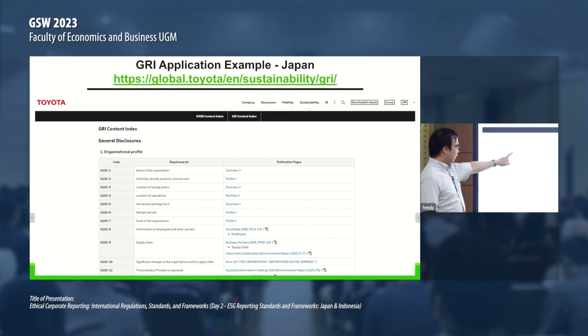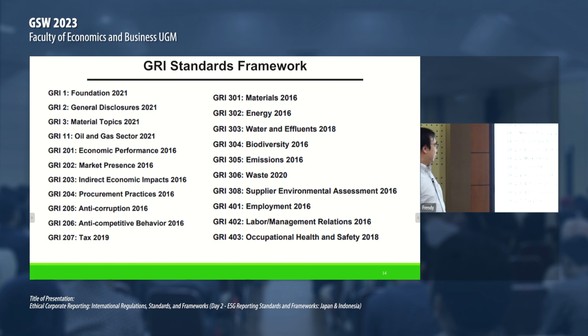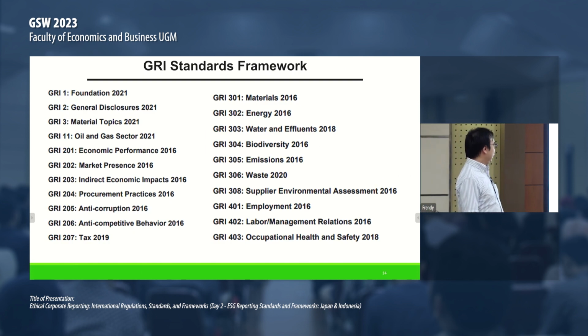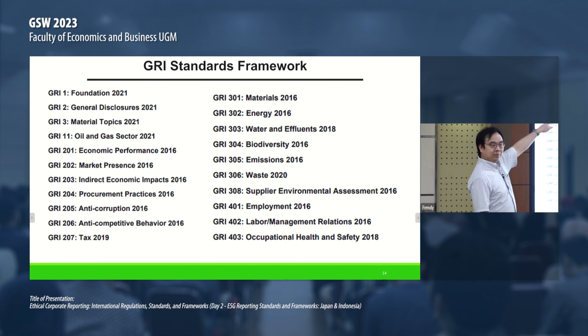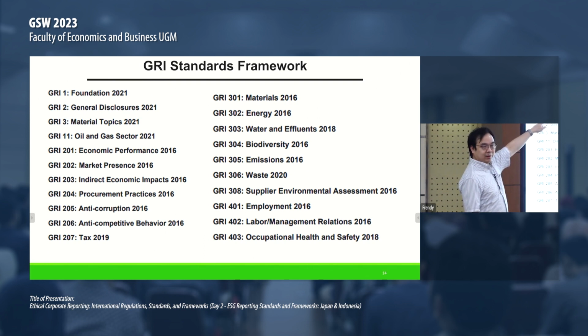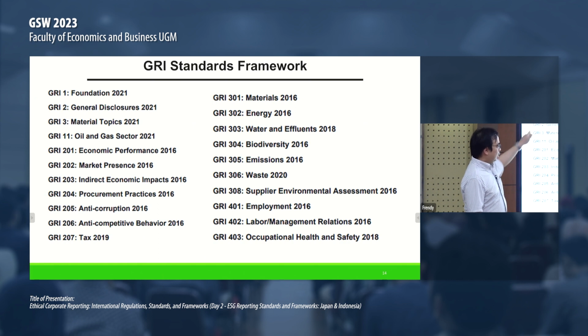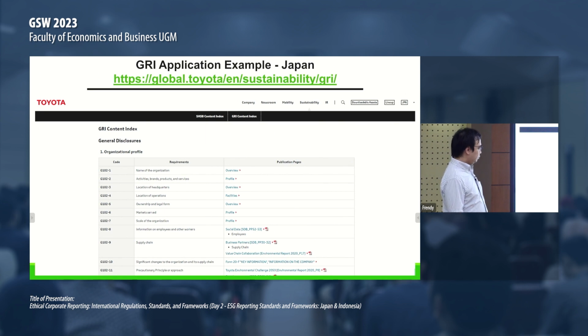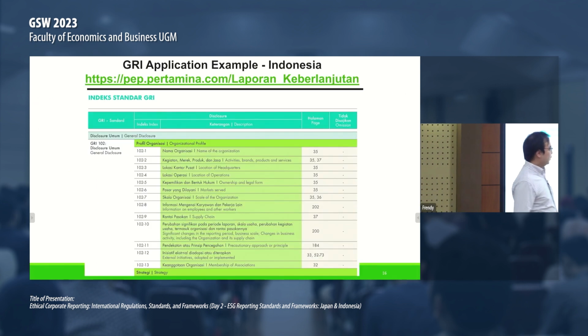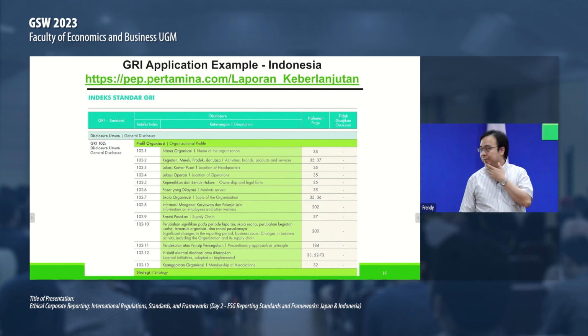So organization profile 102. What is 102? As we discussed before, 102 is related to this part, right? We start with digit 1. So foundations or basic information on the organization. If you scroll through these pages, they will disclose all of these individual topics that are relevant for Toyota. That's an example from one Japanese company.